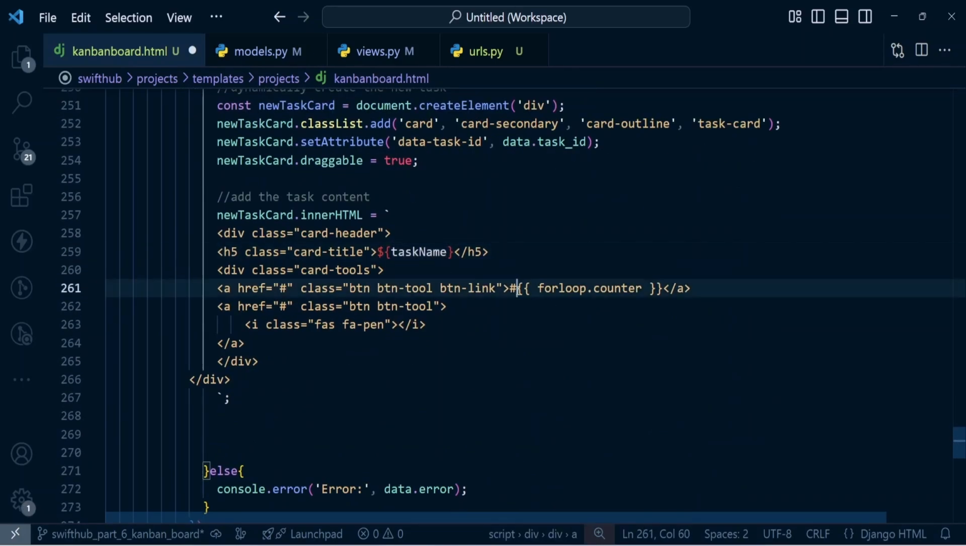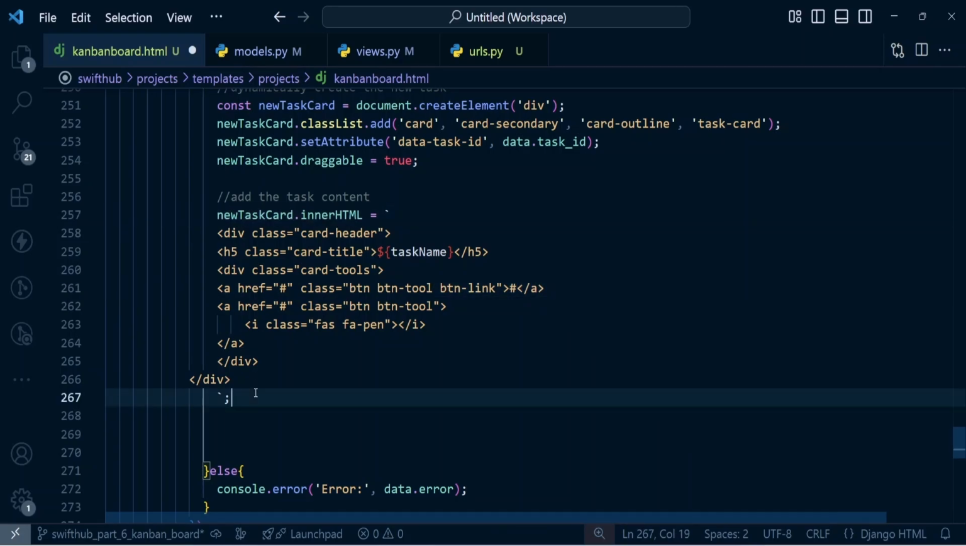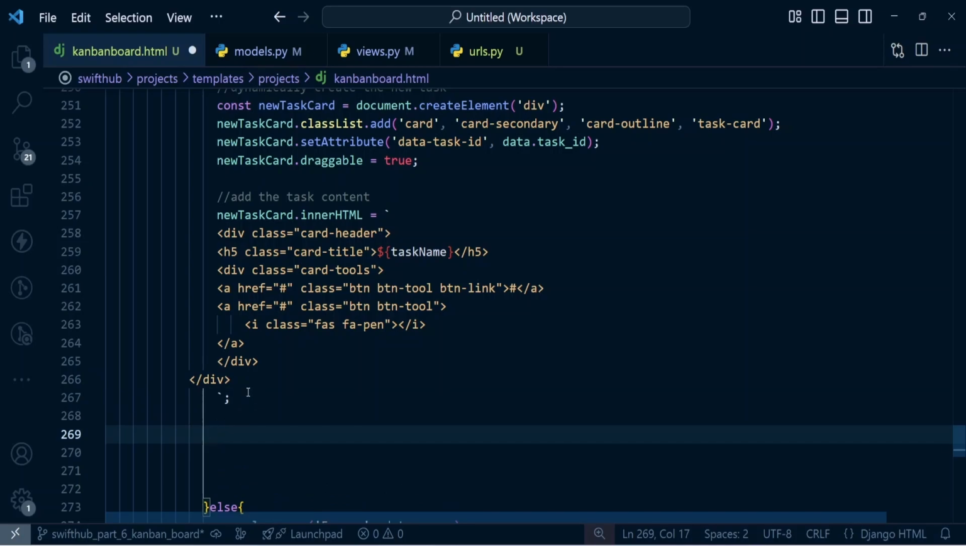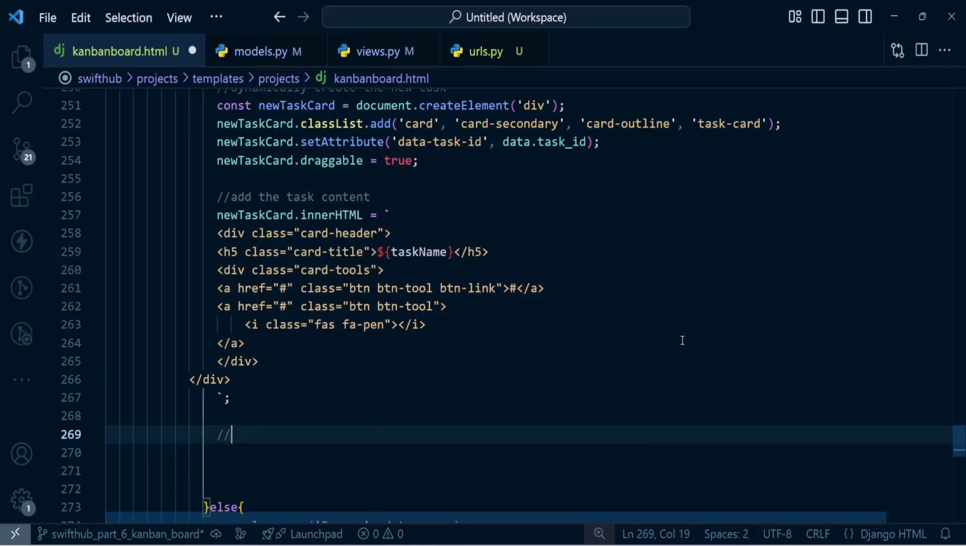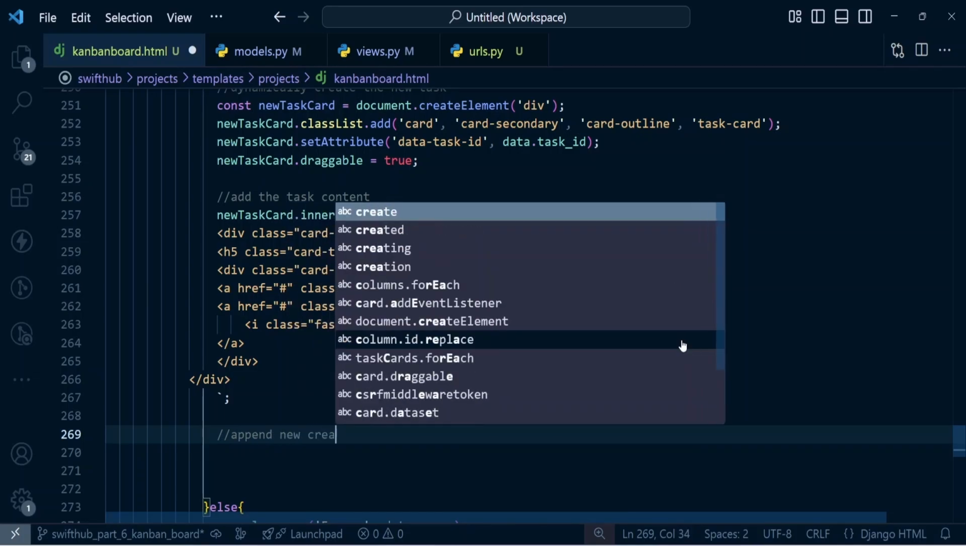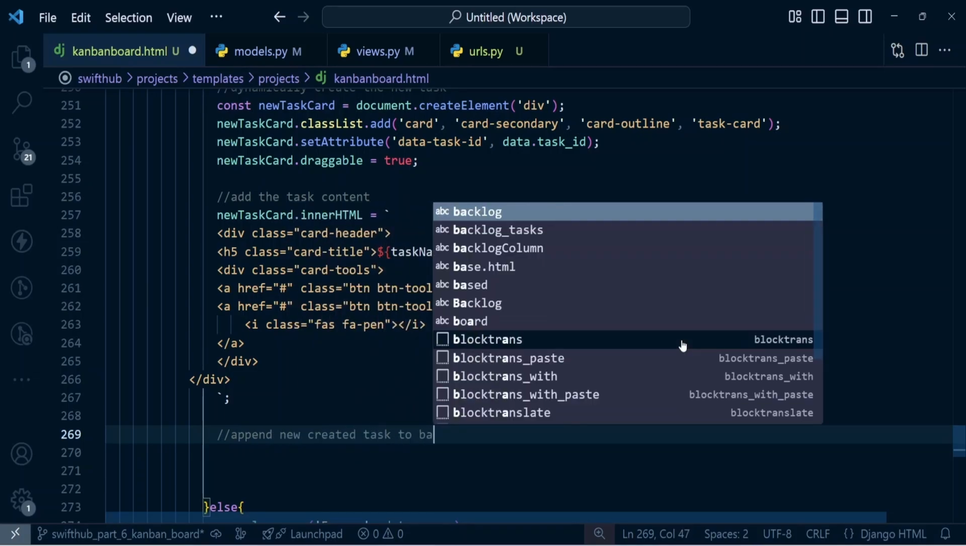So the for loop dot counter is actually coming from the Django loop, and it's also not gonna work, so I'm just gonna take out that one for now, and everything seems to be perfect. So this is going to be our inner HTML. Right after we have had our inner HTML, the last part is just going to be appending the newly created task to the backlog column. Okay, so let me make a comment and say append newly created task to backlog